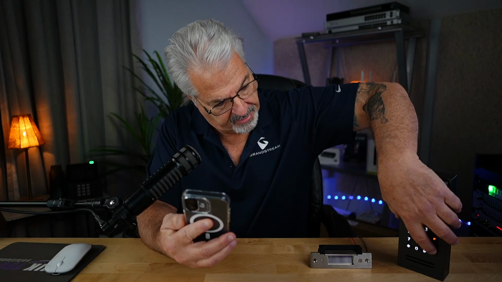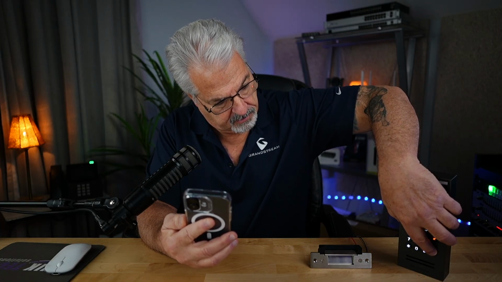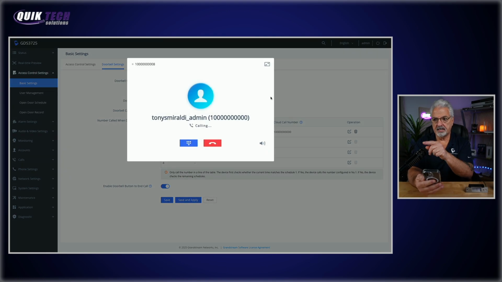So let's do that. It's going to get a little noisy here, but I'll try to show this to you. So I'm going to go ahead and press the call button. You can see now on the computer display, it's calling the SIP cloud number. When you can see it here in my phone, I could see the video feed from the actual doorbell. Now, I can accept the call and, sorry about that feedback, unlock the door from